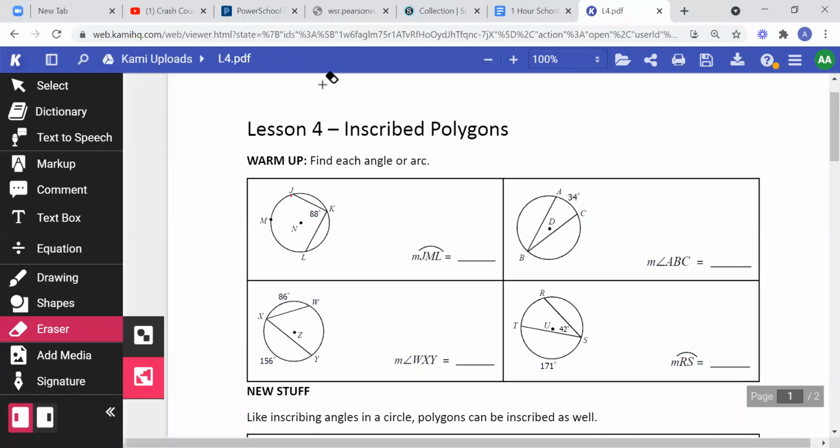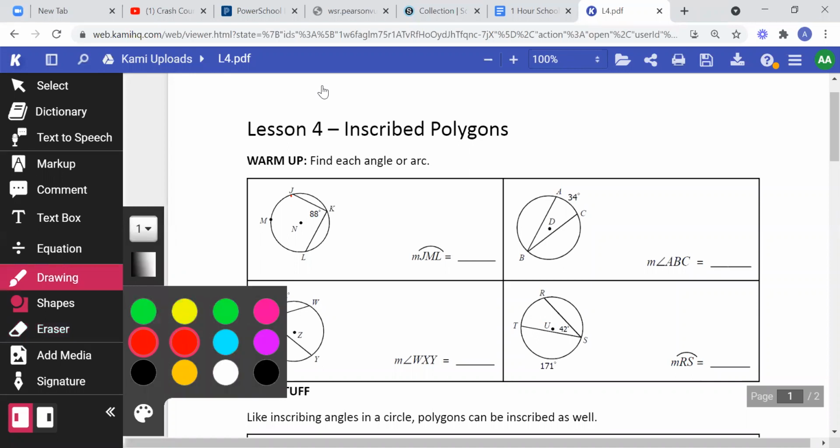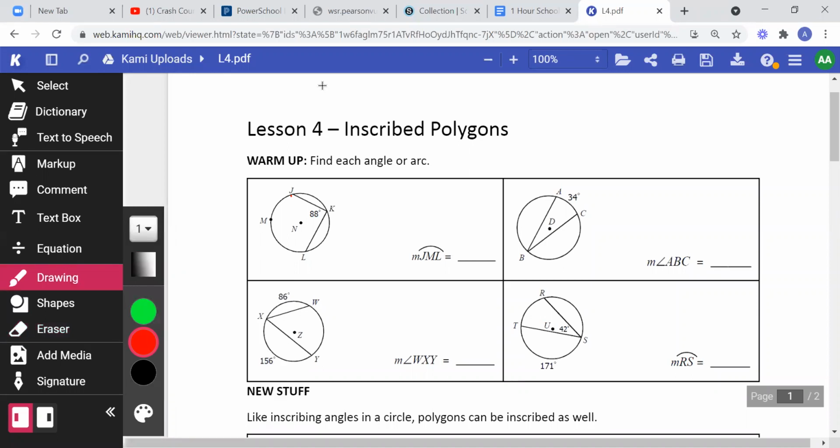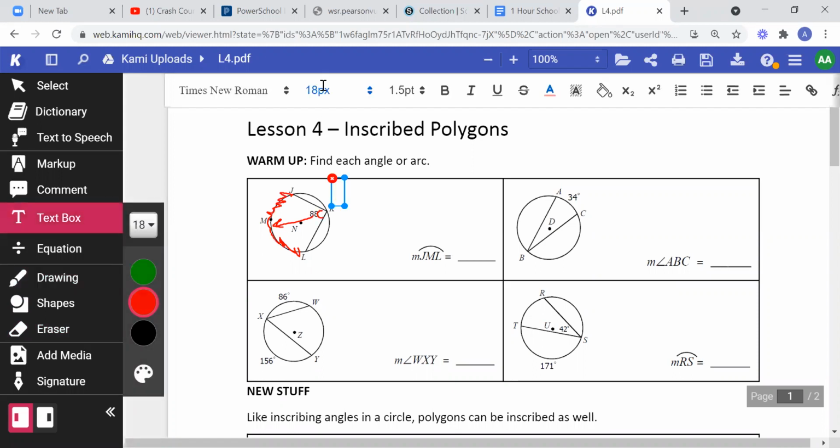So here, as you can see now, this is just a quick warm-up of what we did last week. Last week we said, as you can see, JKL is an inscribed angle because the vertex, which is K, is on the circle. Then the arc across from it, which is called an intersected arc, is definitely going to be twice that quantity. So that's why the arc